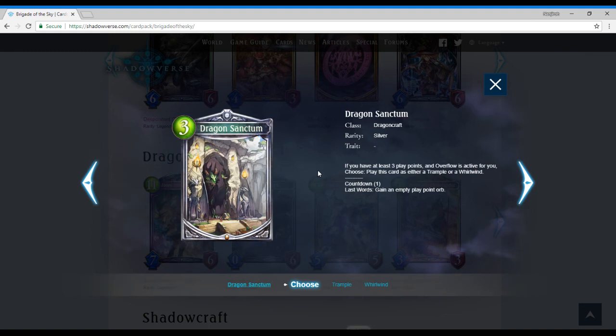Dragon Sanctum. So Dragon Sanctum is one of the most underlooked cards, I think, going into the set. Well, it's both underlooked and overlooked, for reasons that I don't really agree with. I think it's more accurate to say...